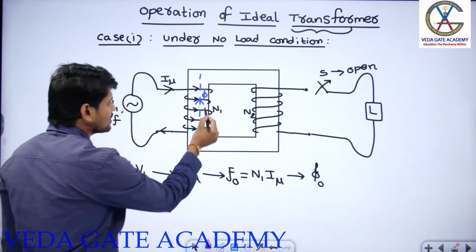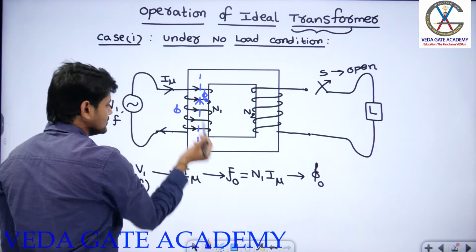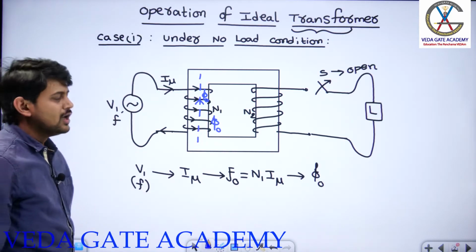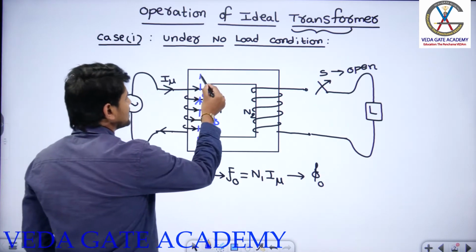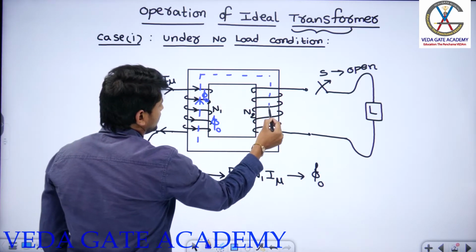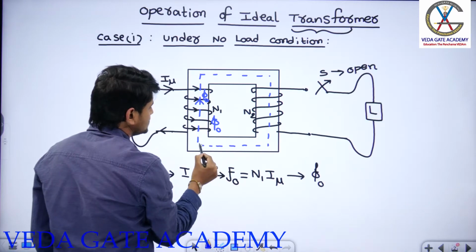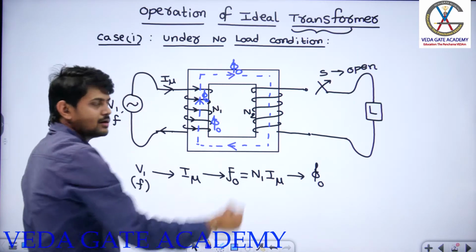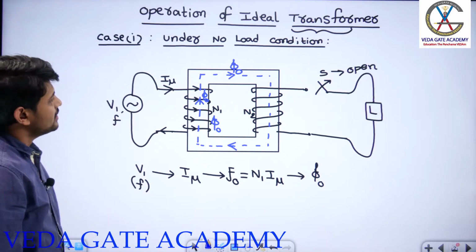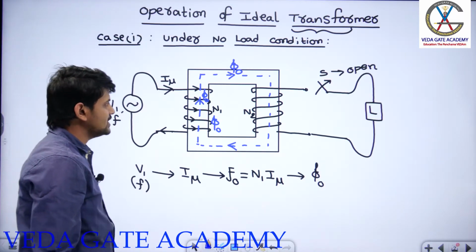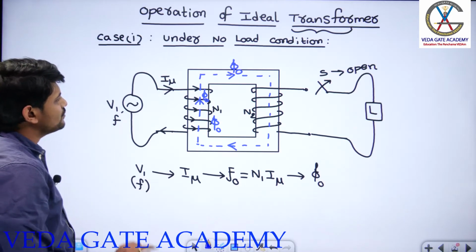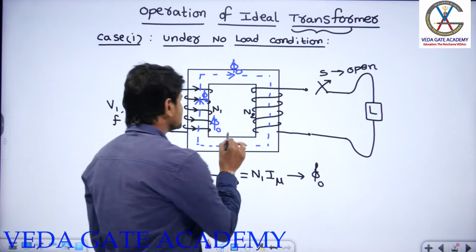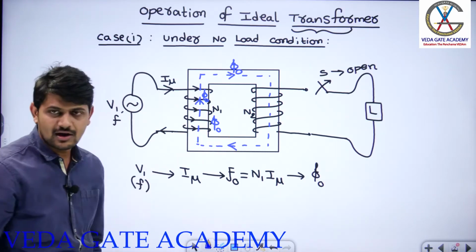So this flux is called the operating flux. As we know, magnetic flux is a closed path. It will try to close on its own in this fashion. So this is my direction of flux lines, the main field flux phi naught. Are you following what I am conveying, guys? Right. So this is the direction of flux lines that you are going to get. Now the moment these flux lines are produced, what will happen? This flux phi naught will be linking with these N1 number of turns.